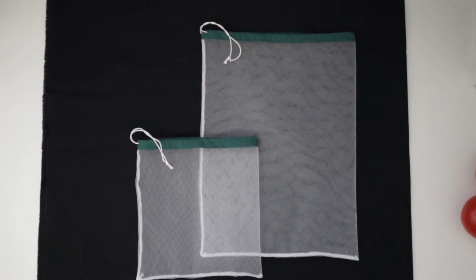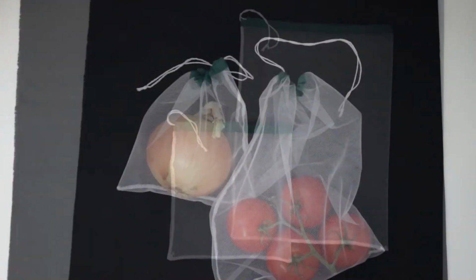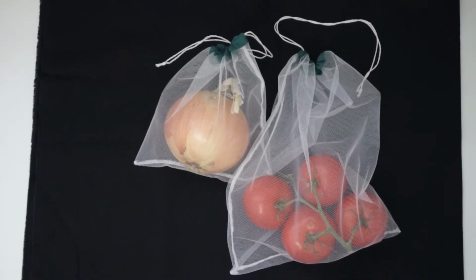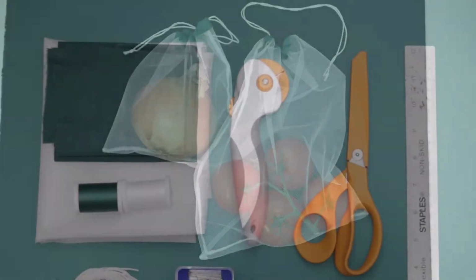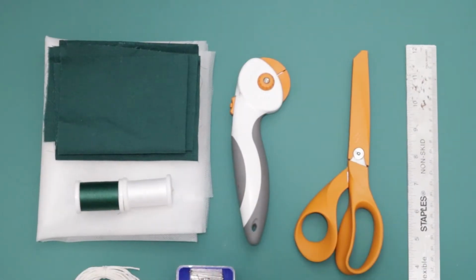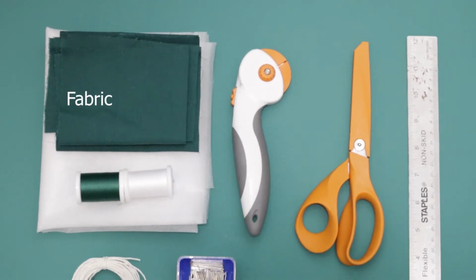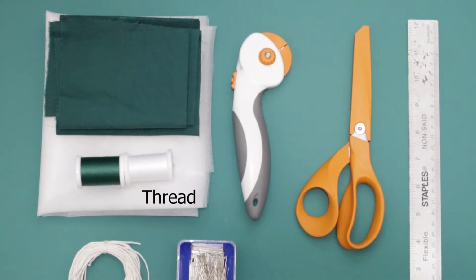Today I will be showing you how to sew your own reusable produce bags. These come in very handy when grocery shopping or just to keep your produce in a breathable bag in your pantry or refrigerator. For this project you will need some durable clear mesh, fabric in a contrasting color, matching thread,